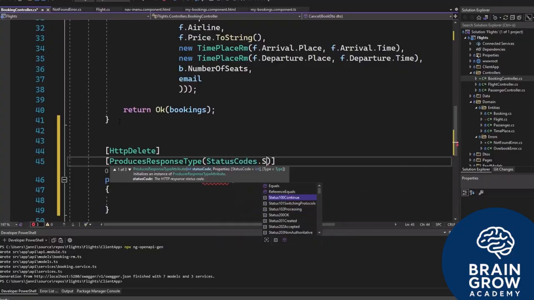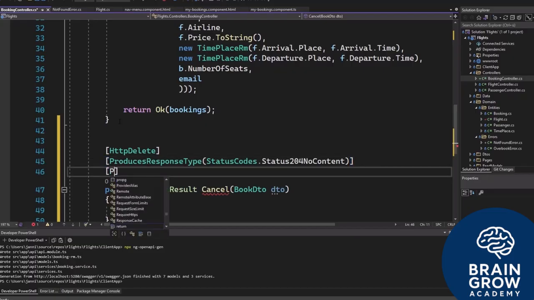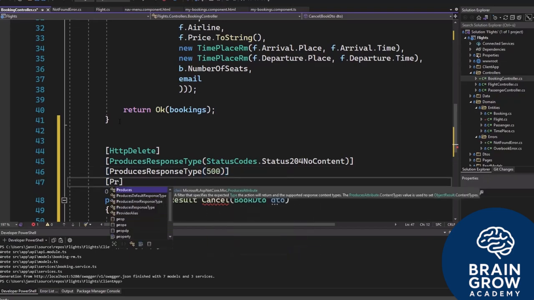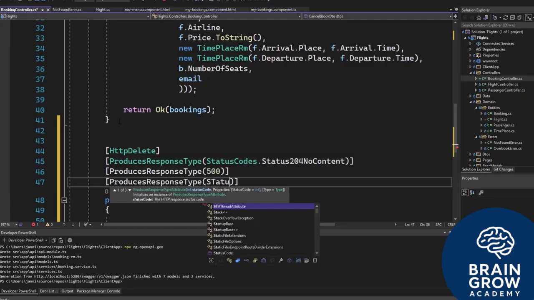Status codes, there we go. Status code 204, no content. This happens after you delete something, then you send 204 and say, hey, okay, I deleted it. There's no content anymore. So this is like success. And we got produces response type of 500, internal server error, produces response type of status codes